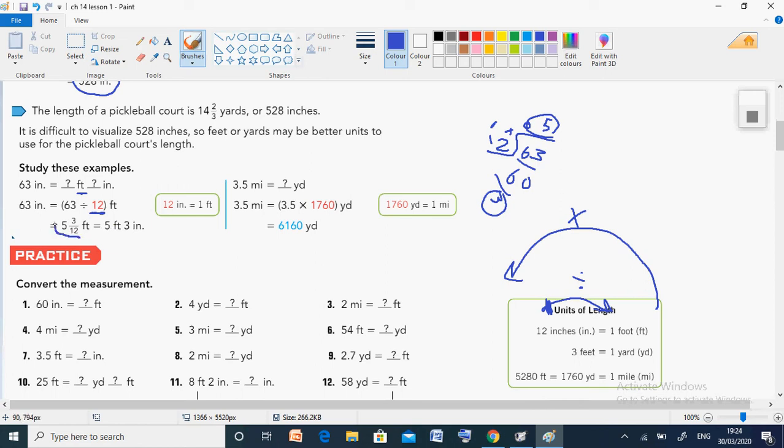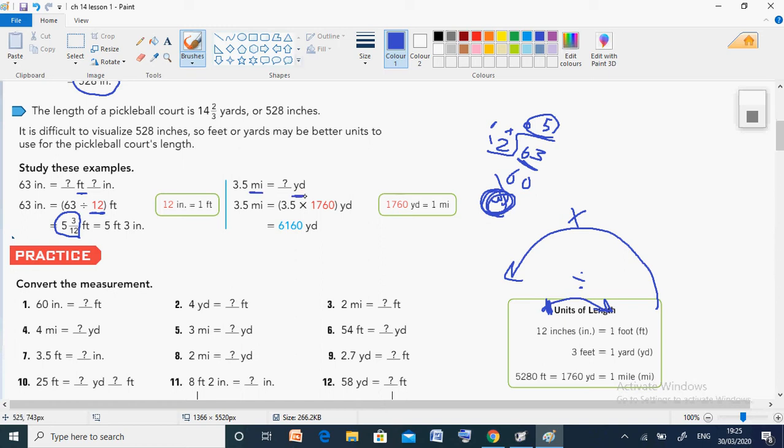So it's 5 and 3 over 12 feet. Or you can say I got 5 feet and 3 inches left over, because here we have 63 inches. You can say 5 and 3 over 12 feet, or 5 feet 3 inches left over. Again here,